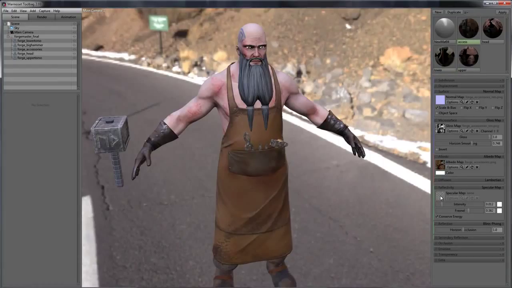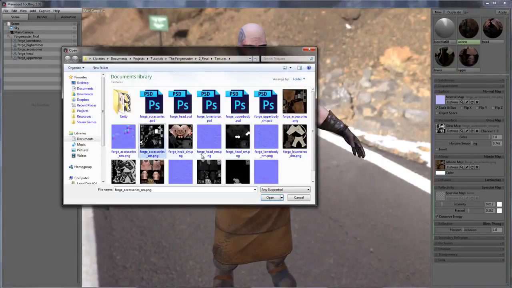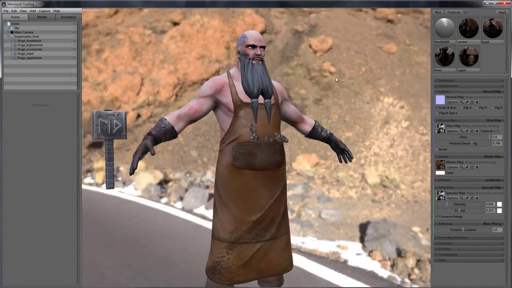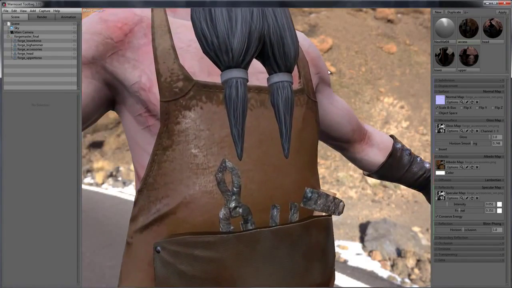So let's just get the specular map on for the accessories. Press OK. Let's turn the intensity down. Turn the Fresnel. Yeah, it's fine. Turn the gloss. Keep the gloss up. Turn the intensity down though. And there we go. We have some pretty decent